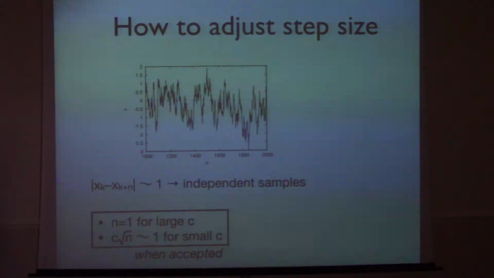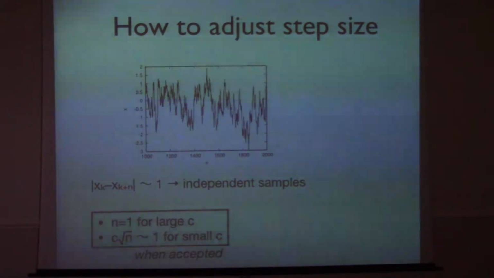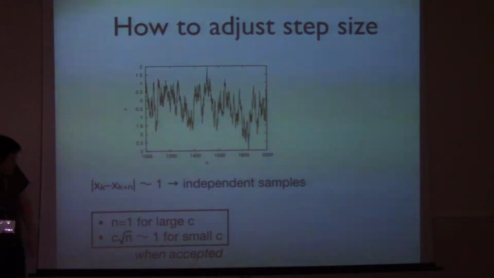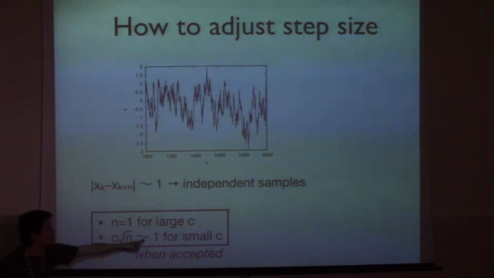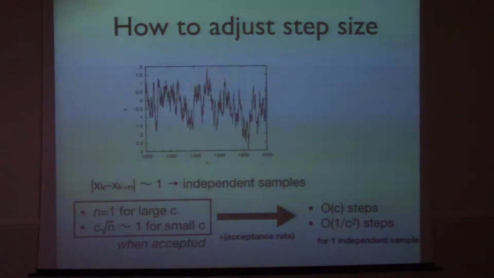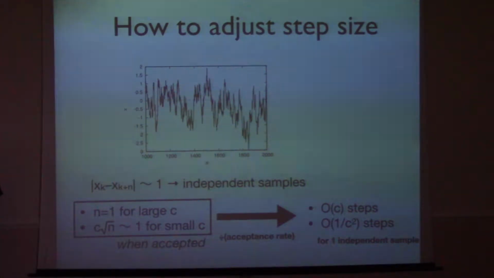If C is large, once a change is accepted the change is already big, so n equals 1 is the answer. When C is small, it's almost a random walk. The typical change is C square root n, and it has to become as large as 1, so n has to be 1/C squared. You need many steps. Then, dividing by the acceptance rate,